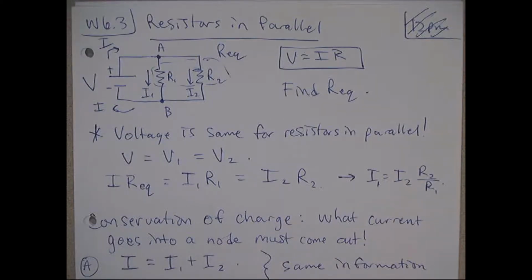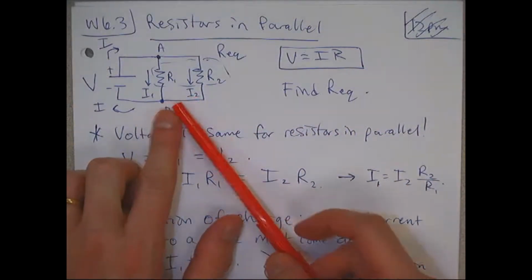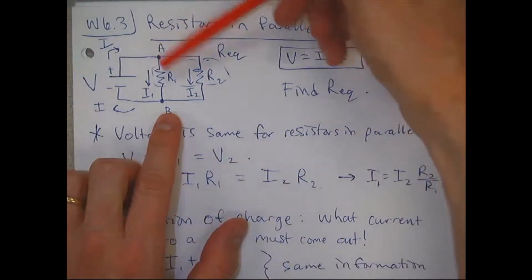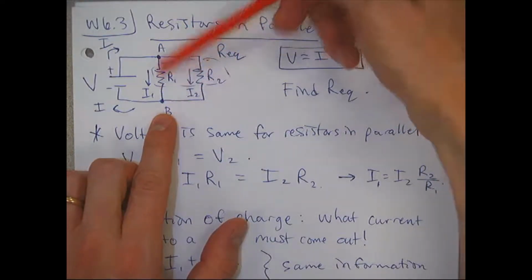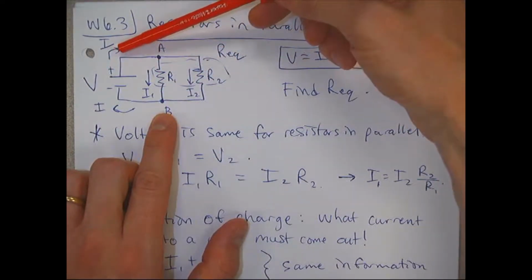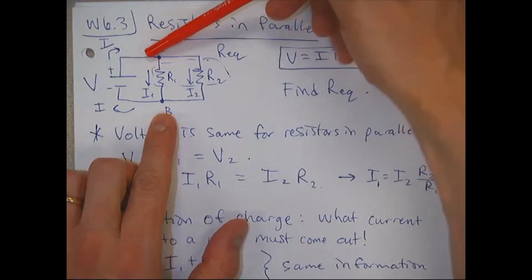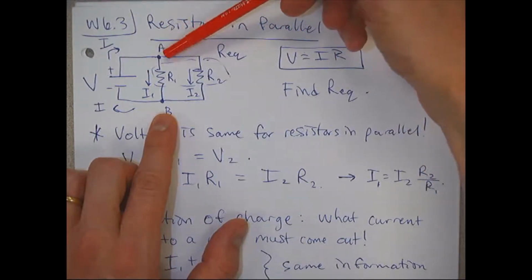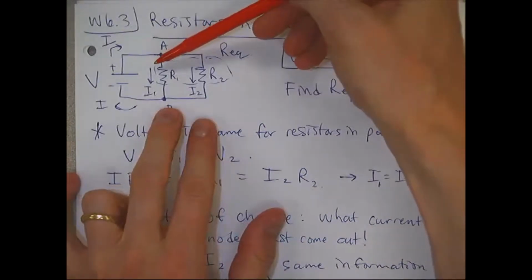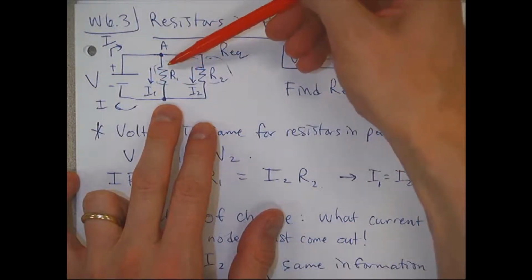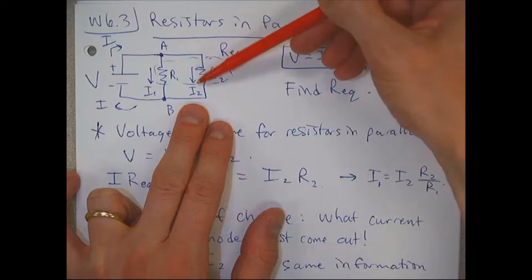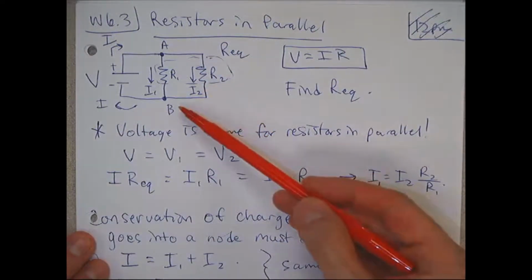Finally, in this series of simple circuit videos, we'll deal with networks of resistors, either in parallel or series. Resistors in parallel, you can see, are joined to two different nodes in your circuit. That means current flowing from the positive end of the battery will split at node A. One amount of current I1 will pass through resistor 1, and a different amount of current I2 will pass through